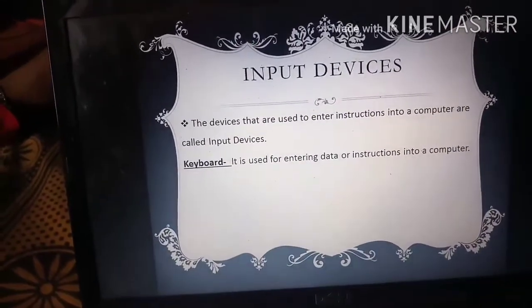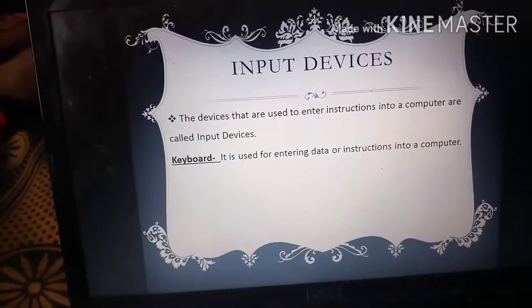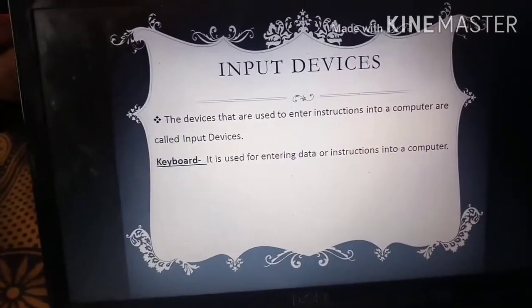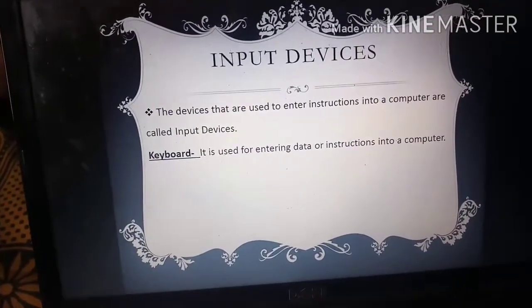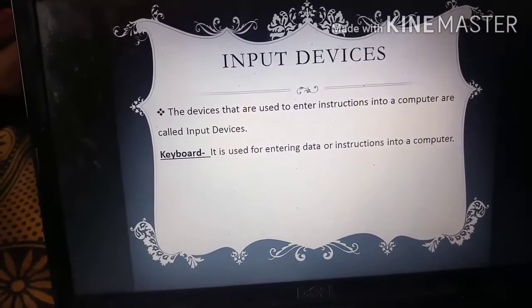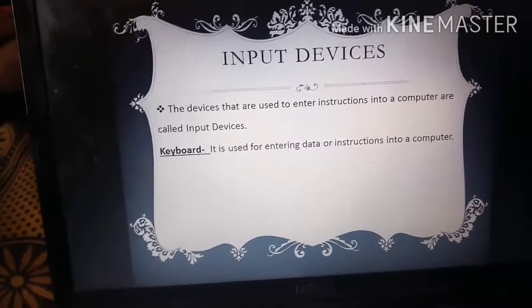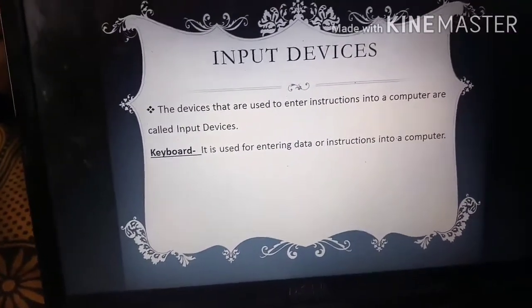First input device, the most common input device, is the keyboard. And what is a keyboard? The keyboard is used for entering data or instructions into the computer.